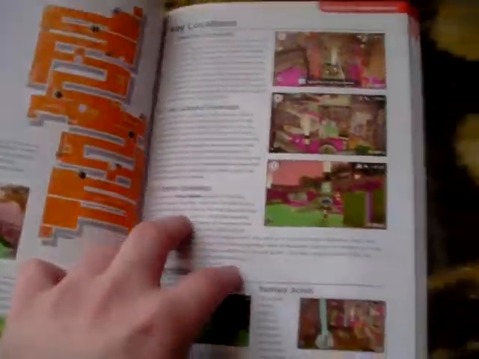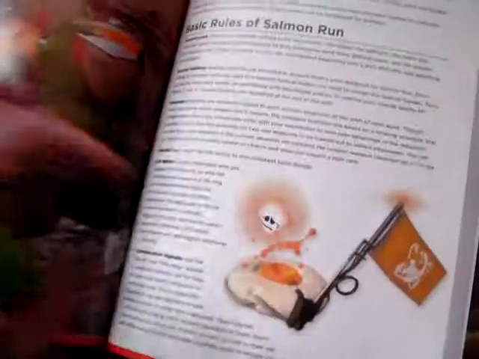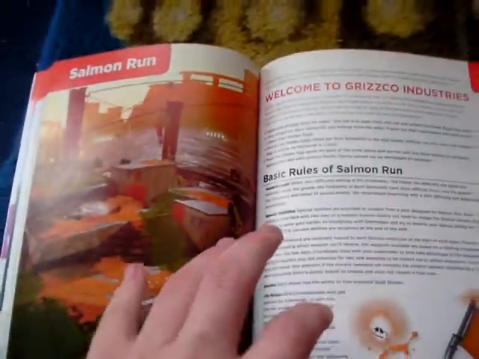But yeah, the stuff about Octo Canyon has helped me find quite a few of the secret scrolls, or the sunken scrolls even, which are supposed to be secret, but having this kind of helped. Then there's a bit about Salmon Run, because if you recall, in Splatoon 1 there was